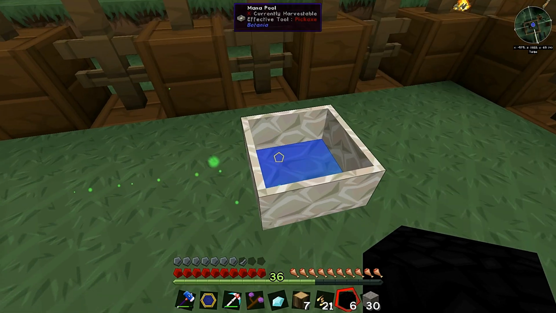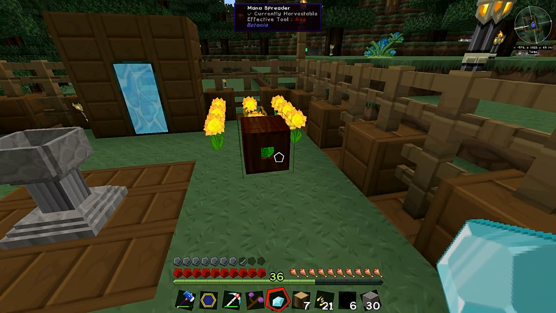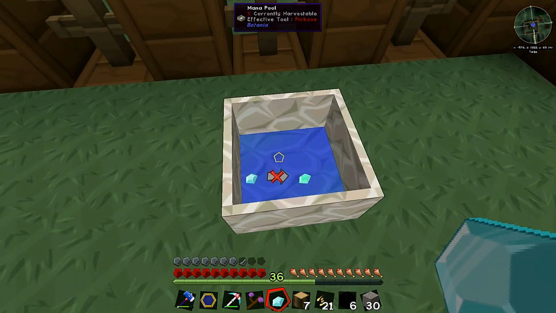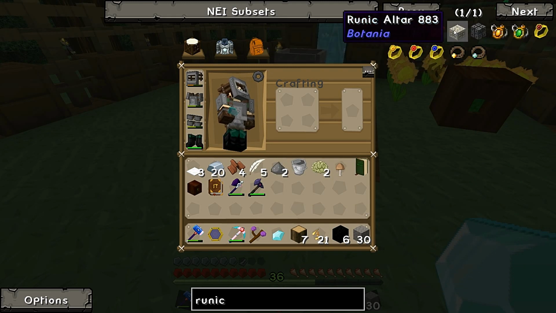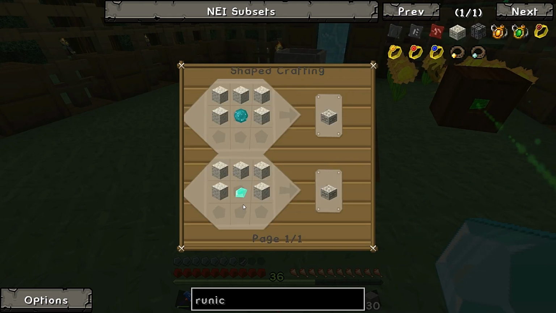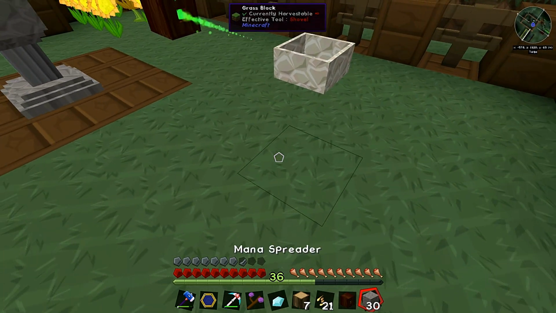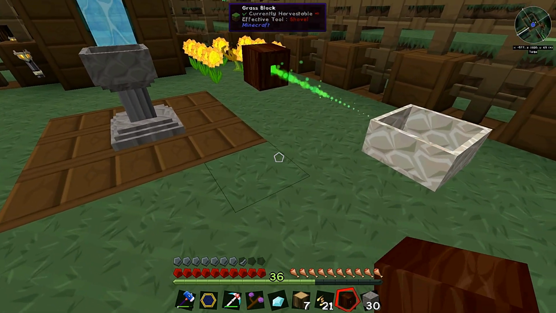So what we want to do, we've not got enough mana yet for this diamond, but obviously with this endoflame it is generating mana at a higher rate. So we want a runic altar. We're literally waiting for the mana diamond for that. We have crafted our mana spreader. Now I think I'm going to put that